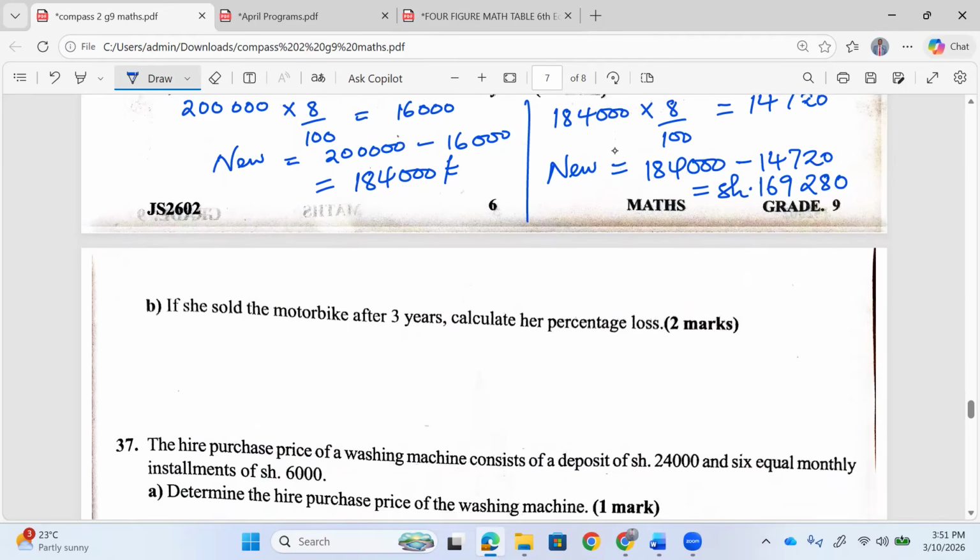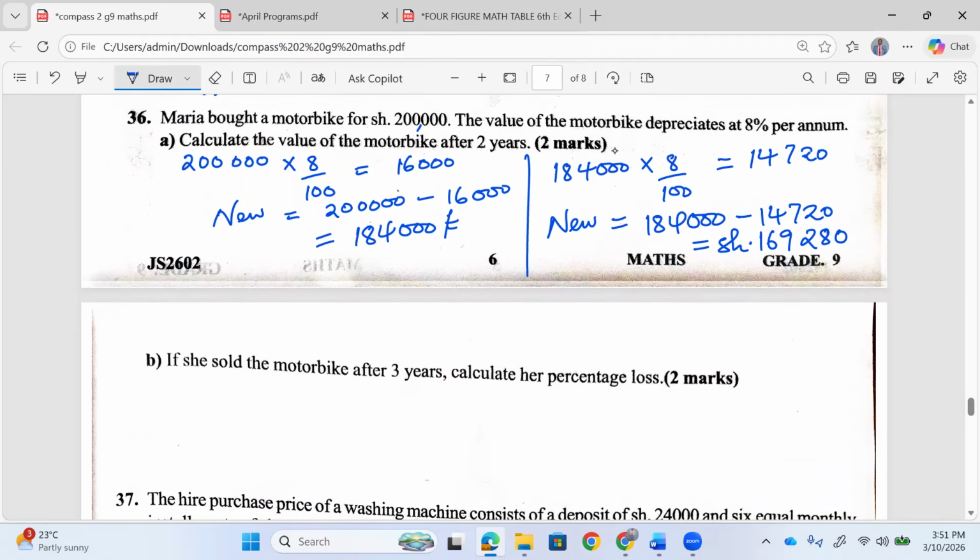So we have the price or the value after 2 years. What about the 3rd year? How much will it be costing? It is 169,280, which is the value after 2 years. In the 3rd year, it depreciates by 8%. So this gives us 13,542 and 40 cents. So by the end of the 3rd year, it shall be